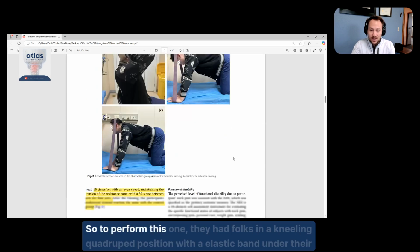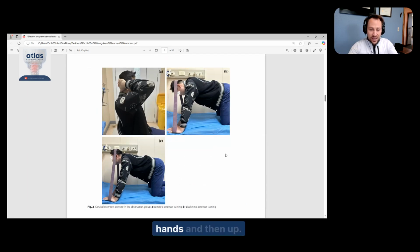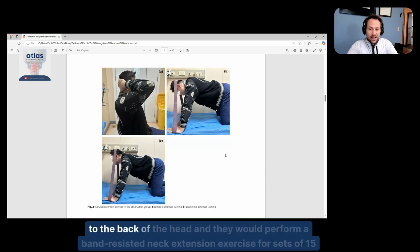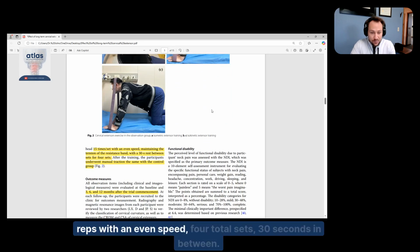To perform this one, they had folks in a kneeling quadruped position with an elastic band under their hands and then up to the back of the head, and they would perform a band-resisted neck extension exercise for sets of 15 reps with an even speed, 4 total sets, 30 seconds in between, and then they ended with the